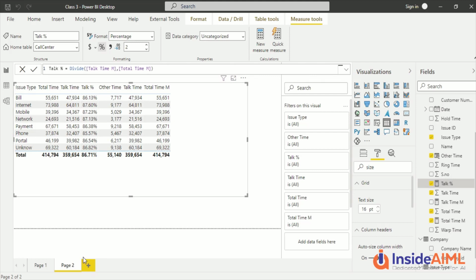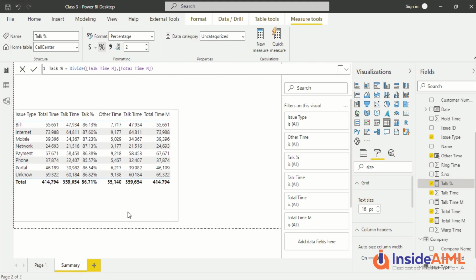Now, one more thing I can do is rename this page. So let me call it summary page, let's say, and we will build up visuals on this. Now I press enter, the page name is there, and we can now save the file, and keep on saving the file so that you don't lose anything. If it crashes, it does give an option for recovery, but sometimes it doesn't. So be careful, be sure that you keep on saving this file as and when needed.